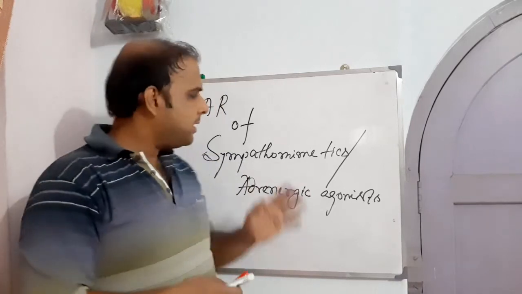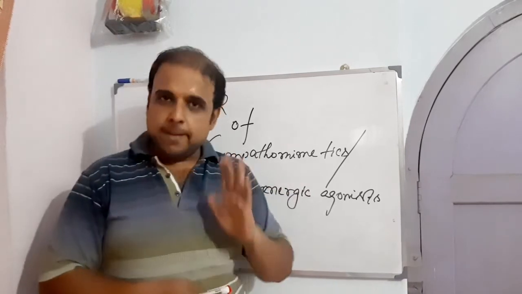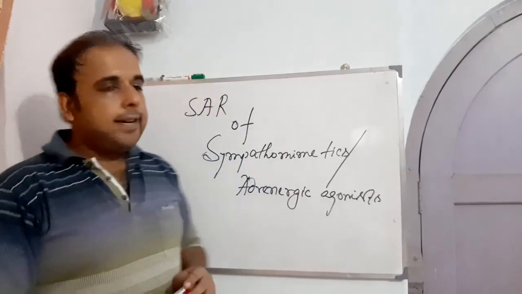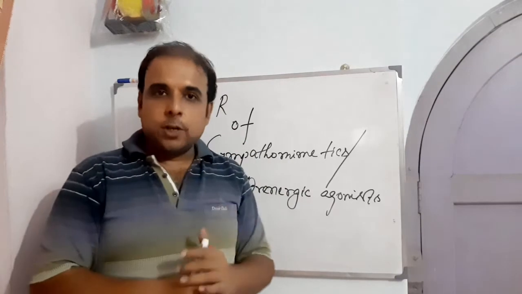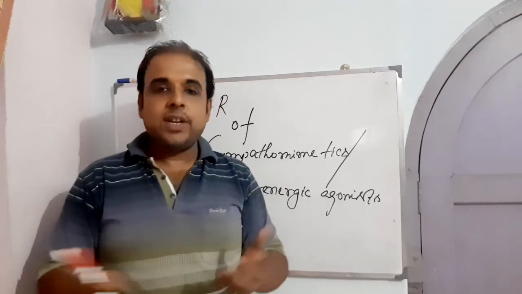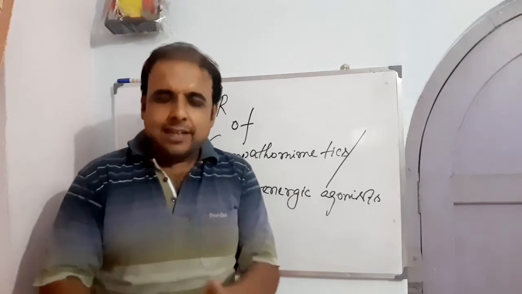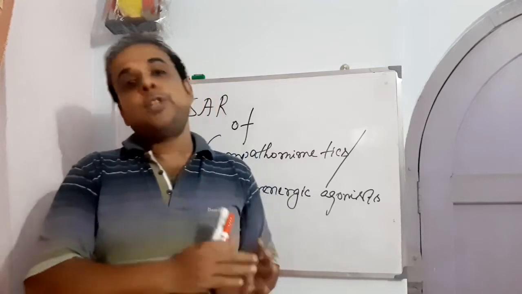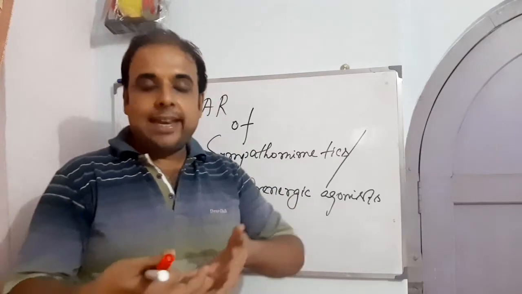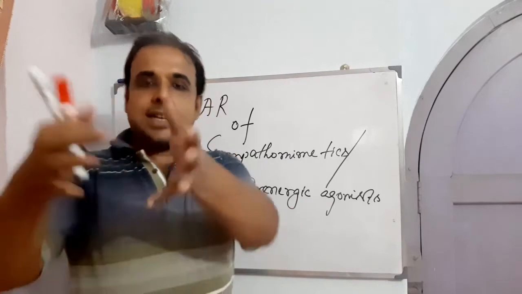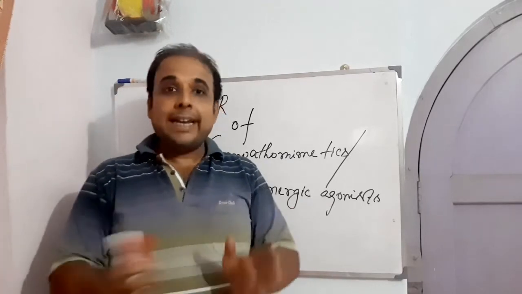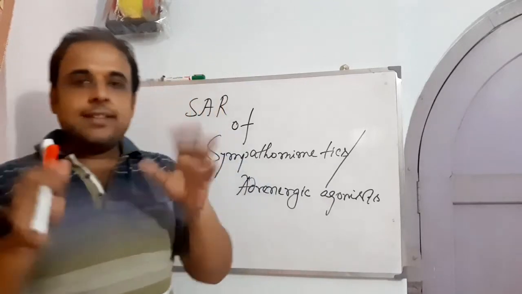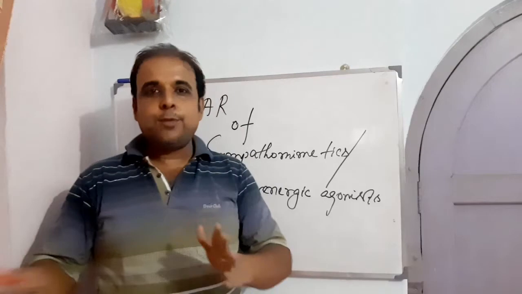Why? Because of the nerves involved in the sympathetic system, and we all know about neurohumoral transmission, right? It is the transmission of impulses across the nerves by releasing a chemical. So the nerve should release a chemical, which is nothing but the neurotransmitter. It carries the message along with it and delivers the message at a particular location, right? That is why it is called neurohumoral transmission. Humor means chemical, and as it is involved in the nervous system, that is why it is called humoral.